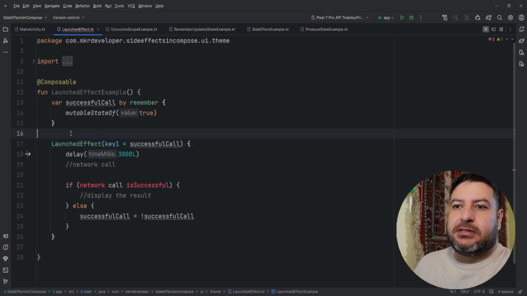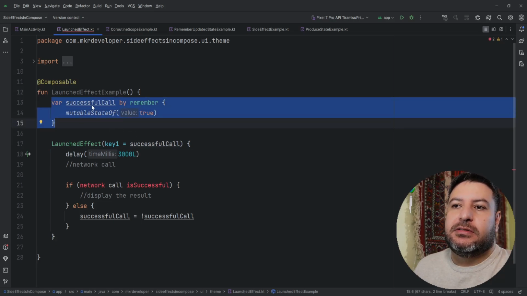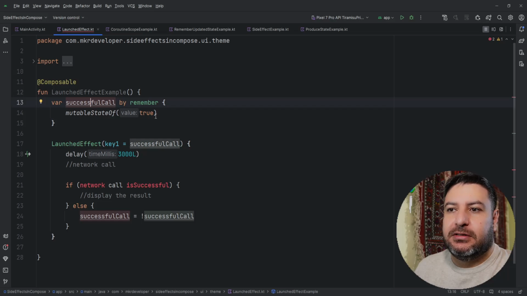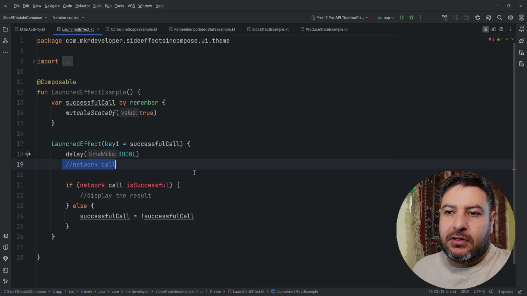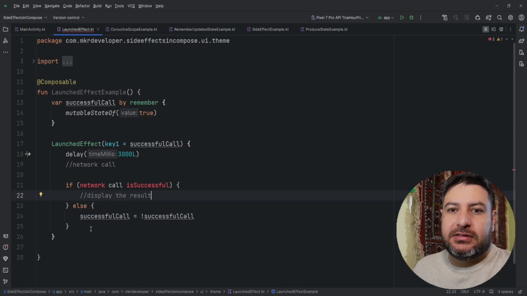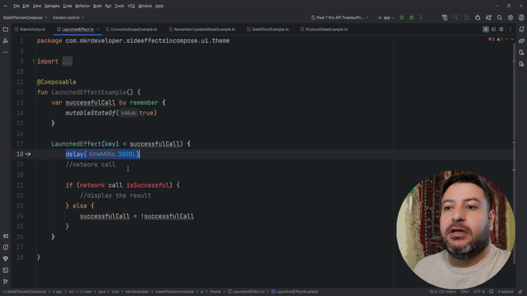Okay, in this case, I have prepared a variable called successfulCall, a mutable state of true. So it's a boolean, and I passed it here. We have a delay of 3 seconds. After that, we have a network call. Then we check if the call was successful, and we display the data. If the call is not successful, we toggle this variable. After toggling the variable, it changes here, so the LaunchedEffect will be executed again. We will have the 3 seconds block again and the process will be executed again and again. Normally we don't write such code, it's just for